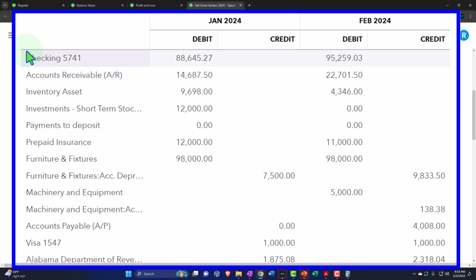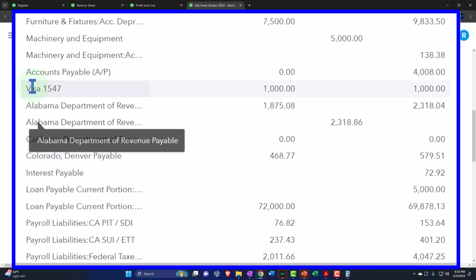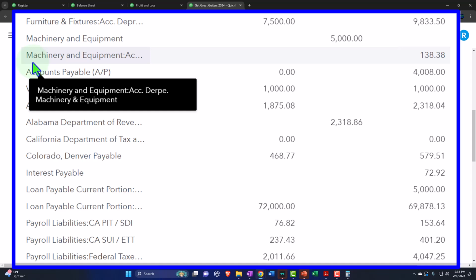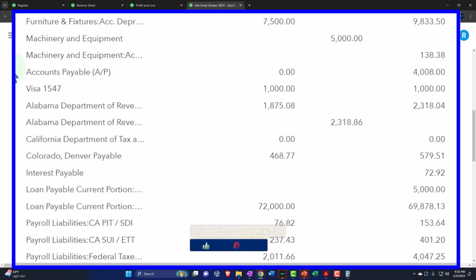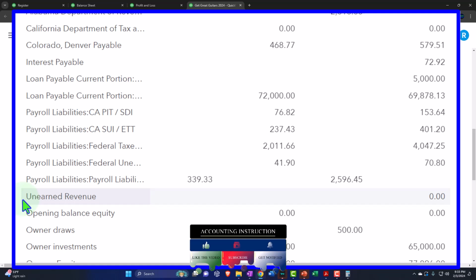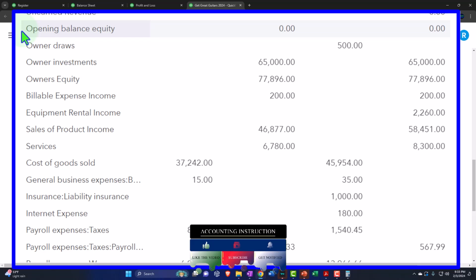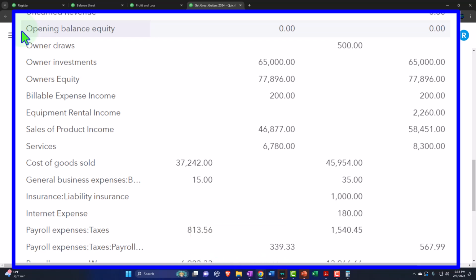All right, so we're going to say assets, liabilities, equity. Assets, what the company has, checking account on down through the machinery and equipment, and then who has claim to those assets, liabilities and equity. The flip side of the coin, the debits versus the credits. Here's the main credit balance side of things. You got the liabilities, accounts payable, on down through the unearned revenue, and then you got the equity side of things, our claim to the assets, basically credit balance in total, hopefully, where we have opening balance, owner's draws, owner's investment,